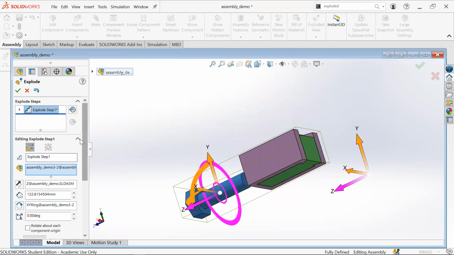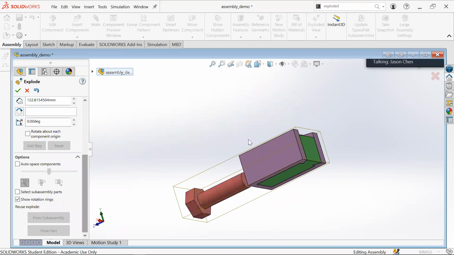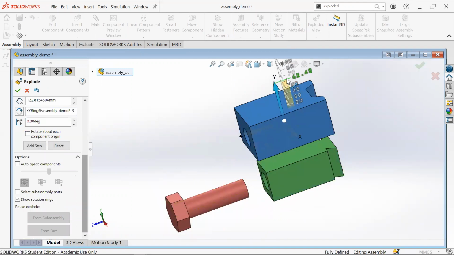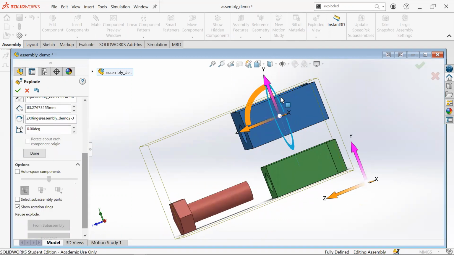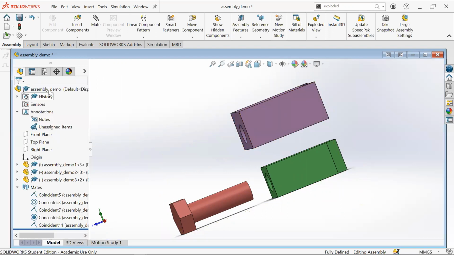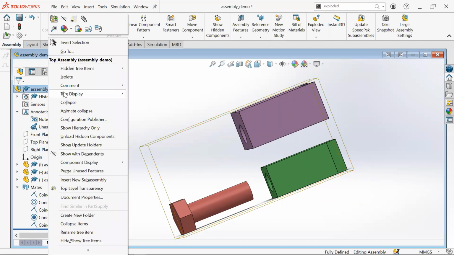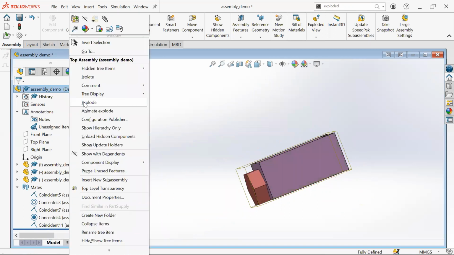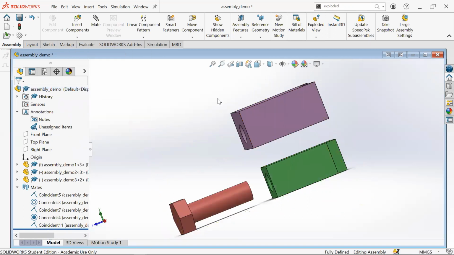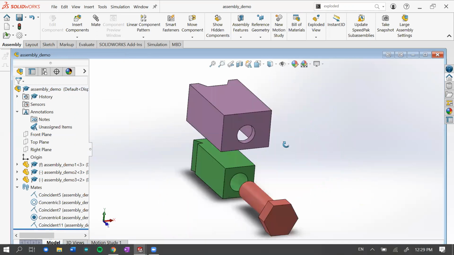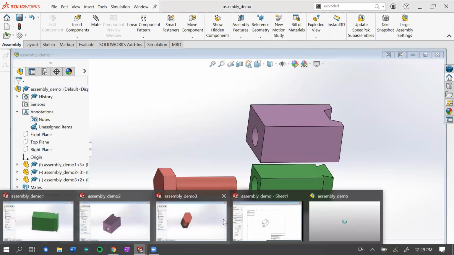Okay, so basically I'm just repeating the steps again. I'm just saying pull up. So the fewer pieces you have, the easier it is, obviously. So this is pretty simple, but it can get pretty complicated, like on your homework assignment, I'm pretty sure. So check. Now I'm pretty sure I can just hit this, right click, collapse, right click, explode. Hey, there we go. All right, so that's where it is. So you can toggle that. Now, if you go back to your drawing,